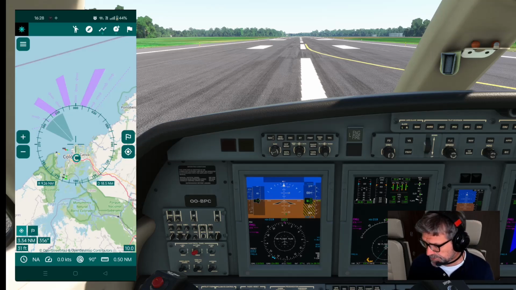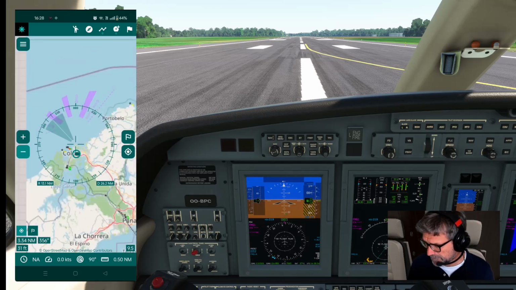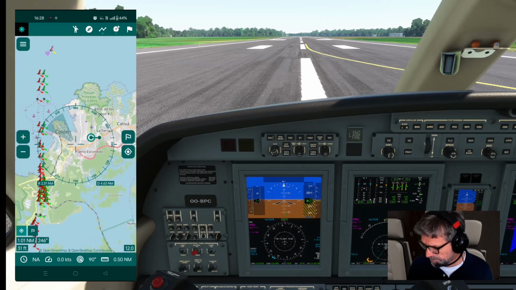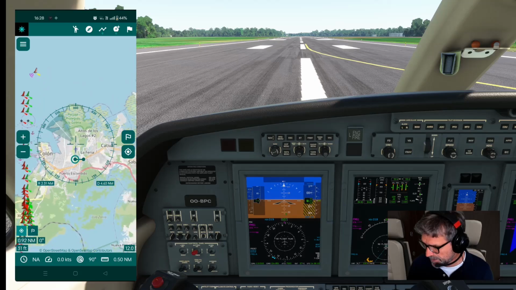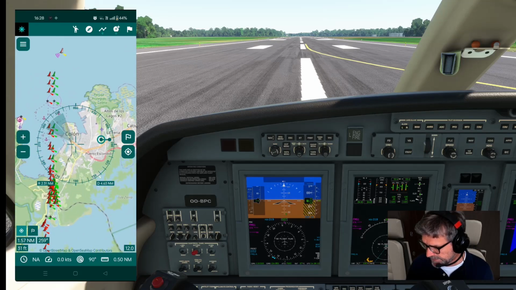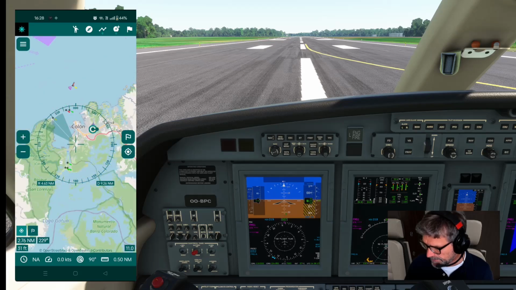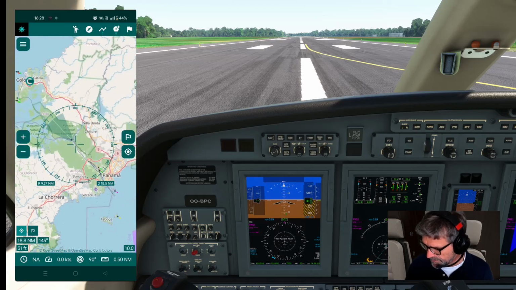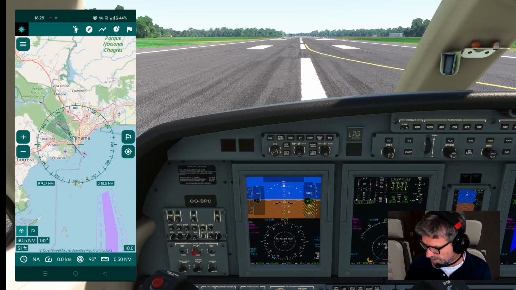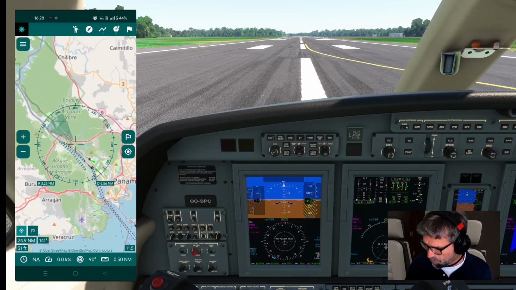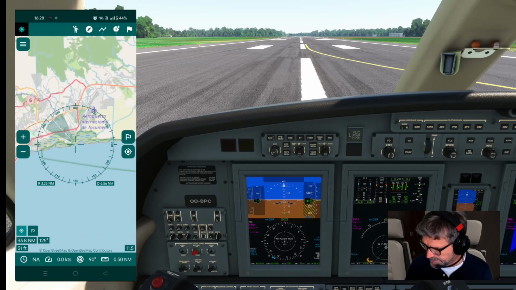We're gonna demonstrate it today by flying from Colón airport in Panama, at the mouth or the Atlantic entrance of the Panama Canal, and then fly all the way to the other side, to the Pacific entrance or exit of the Panama Canal. And to do that, we're gonna fly over the canal, and then we're gonna land in